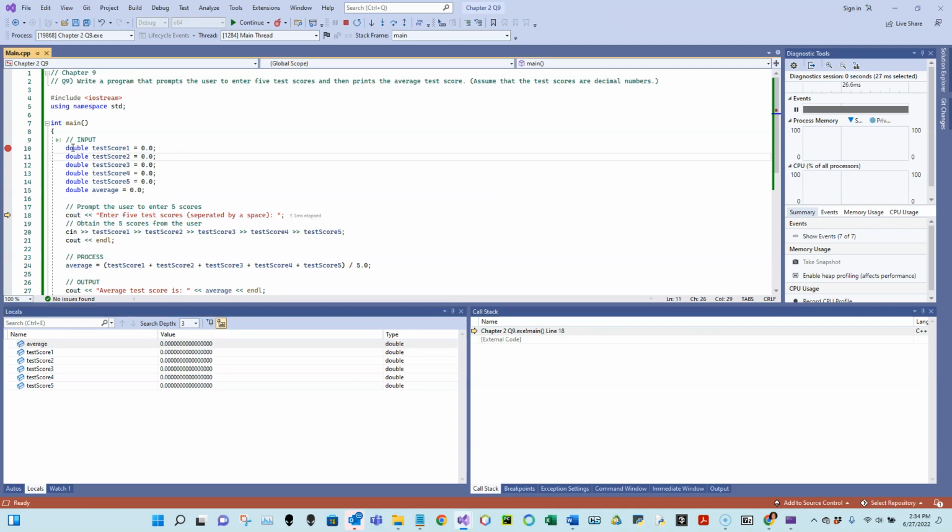Alright, so far we've executed all lines of code in the input. We're here. We see all the variables that we expect. They're all 0, and this is all what we expect. So far we're good. Next, we're going to execute line 18. I'm going to hit step over, and we should see